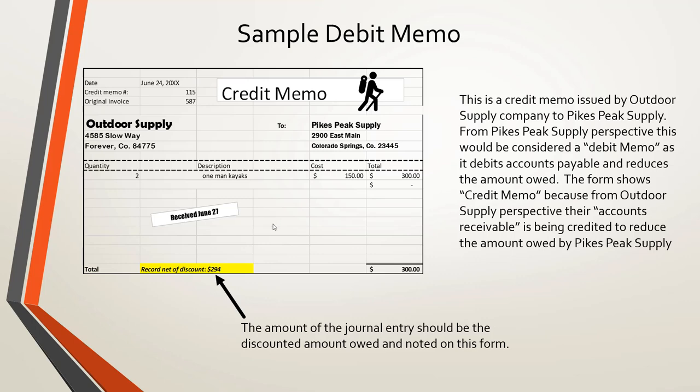Okay. There's some information on here. What's being returned are a couple of kayaks. The original purchase was $300. They did offer a discount of 2%. And so what was owed by us to them was $294 for these particular two kayaks. And so now that we have that information, we can show the journal entry that would be required when a purchaser, us, returns